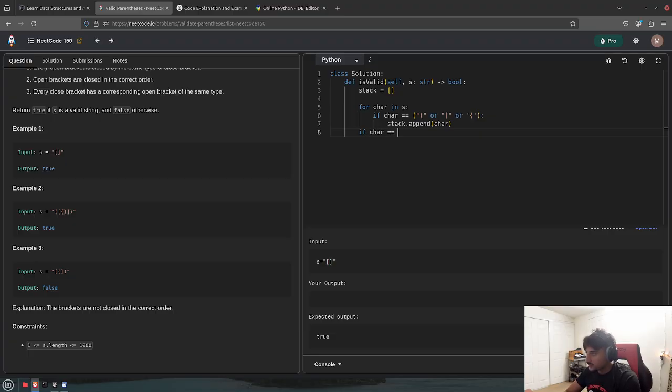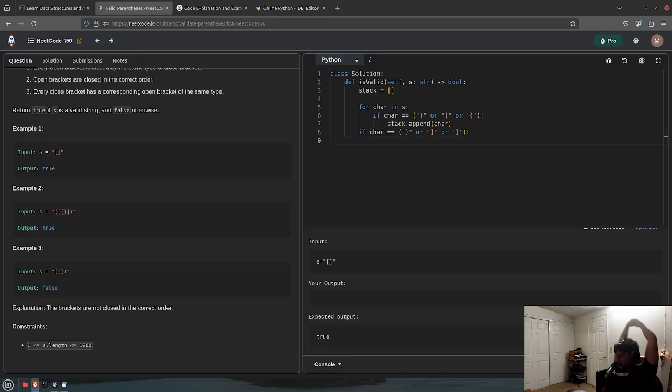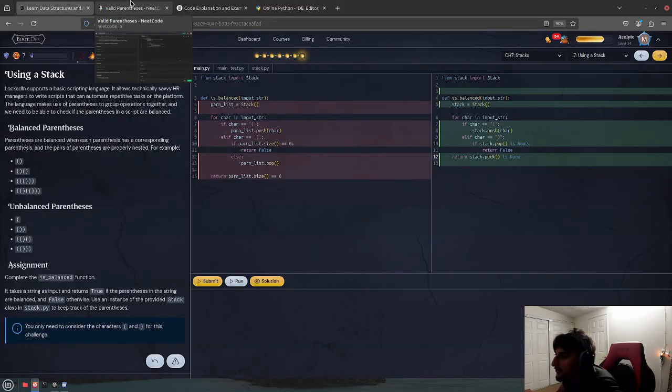If character is equal to the same thing here, but the opposite way, so I would have to do this, that, this, that, this or that. We gotta see if the length, no, if it's empty, it returns false, right? See, if it's empty,